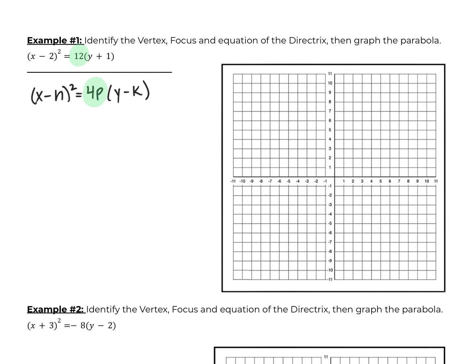So you want to ask yourself, 4 times what gives me 12? So the answer should be 3. If it's not so easy to see, you can do a quick solve. 12 must equal 4p, and we can divide by 4, and p is equal to 3. So you actually can get a lot of information from p being positive. So since p is positive,